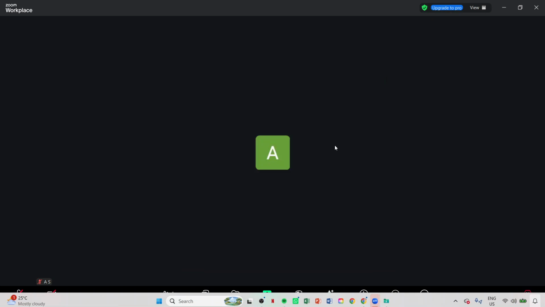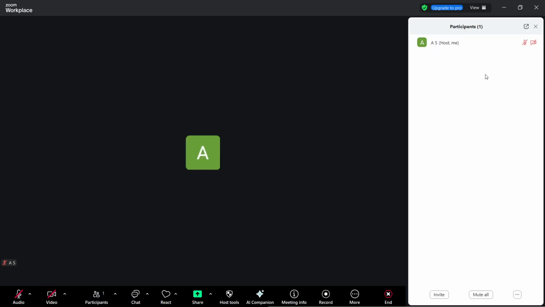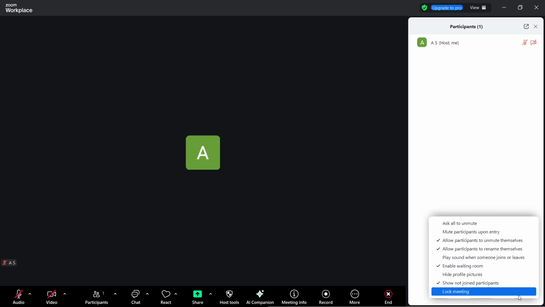As the host, you'll also have several important controls available during the meeting. If you click Participants, a panel opens on the right side where you can manage attendees. From there, you can mute everyone at once, and if you click the More Options icon, you'll see additional participant settings you can control. If you click Share, Zoom will open a window where you can choose exactly what you